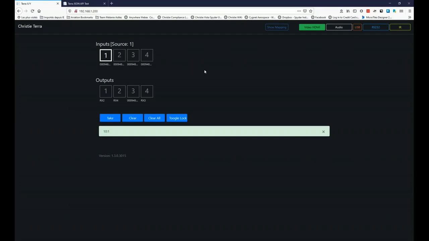So basically, what you're looking at is a matrix switcher that has HDMI, DisplayPort, audio, digital and analog, USB, RS-232, and infrared. So this particular interface just shows you how flexible the system is. You can do exactly the same thing using the API,